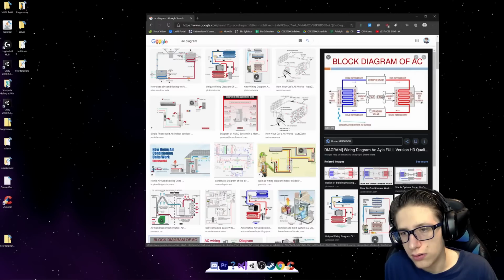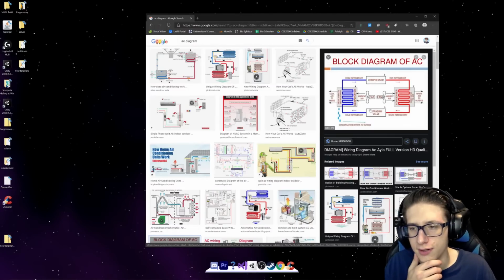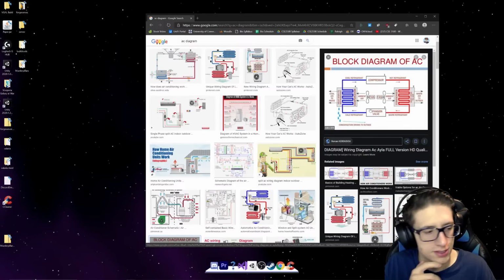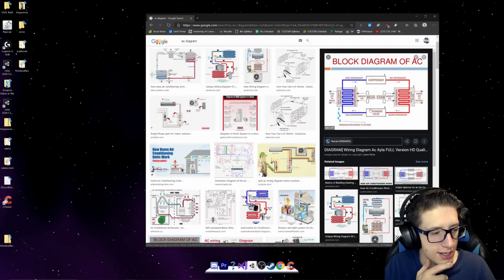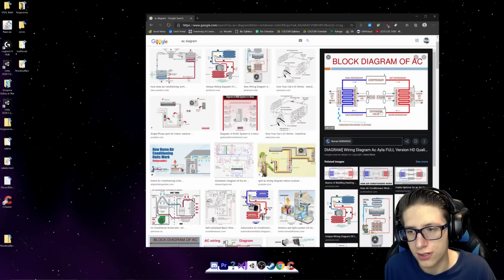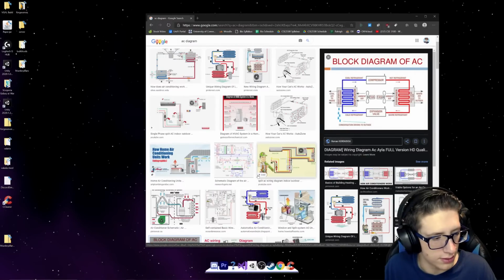Oh. Wait a second. What does the expansion valve do? Does that let it turn back into a gas? So then it turns back into a gas. And that lets heat out. Liquid, let heat out, gas. Oh, so we need to let it turn into a gas before it...